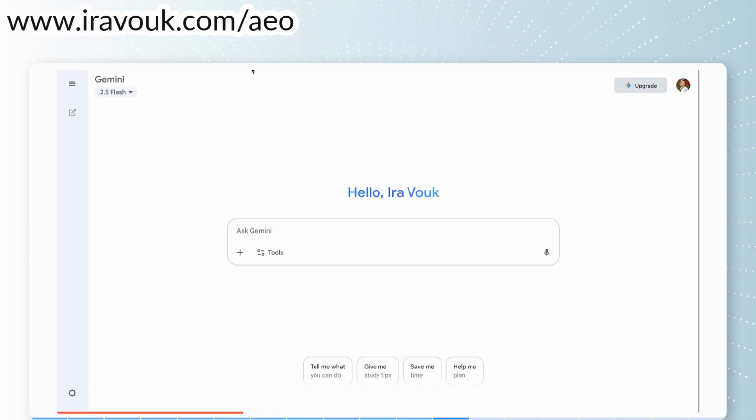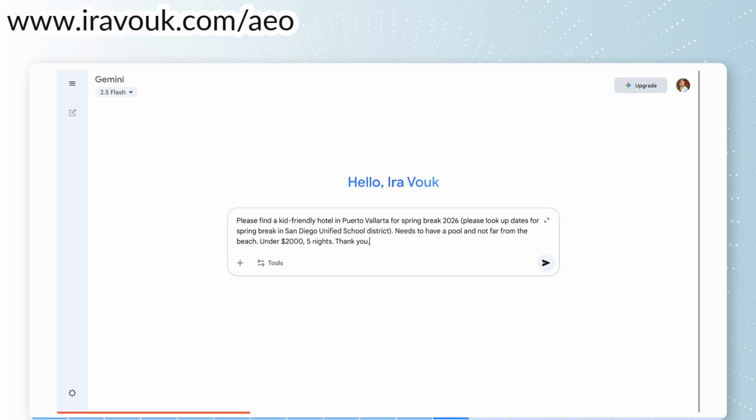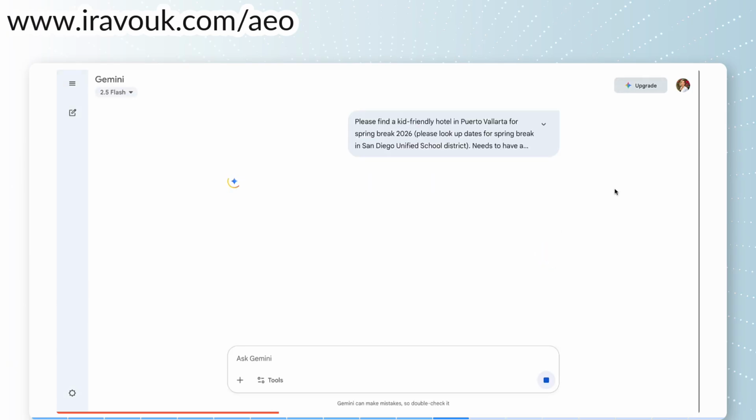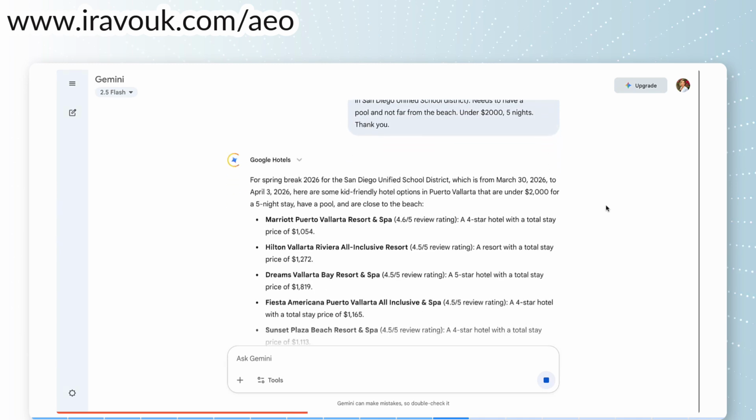Let's check Gemini, standard algorithm, the latest at this point, as of September 25. The same prompt, same query, we're asking for all of the same parameters. It went and looked, it did find the spring break dates, offered me a few options, and check it out.